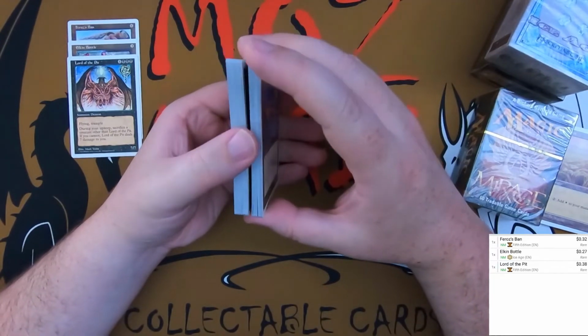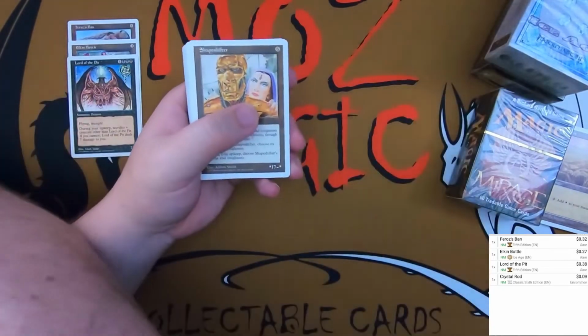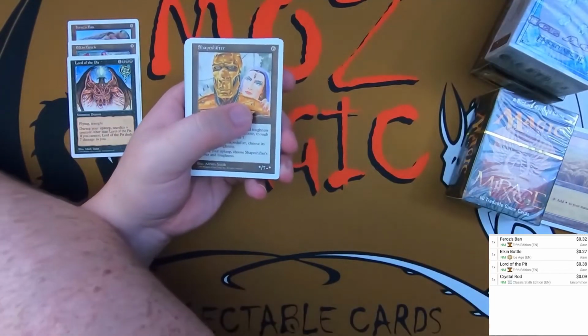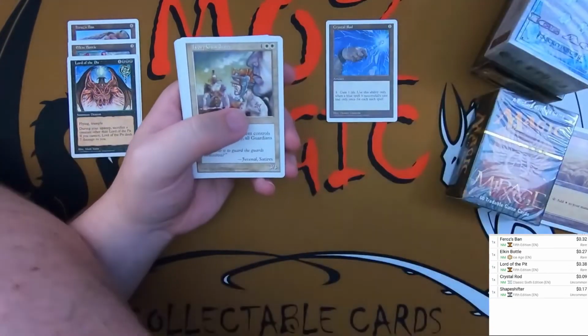I don't know, but I'm assuming so. We got a Crystal Rod. There is a bunch of commons and uncommons that we need to keep note of here too. So here we're in the uncommon section. So Crystal Rod,